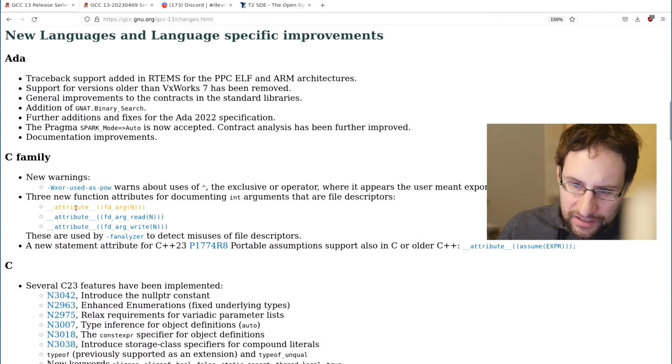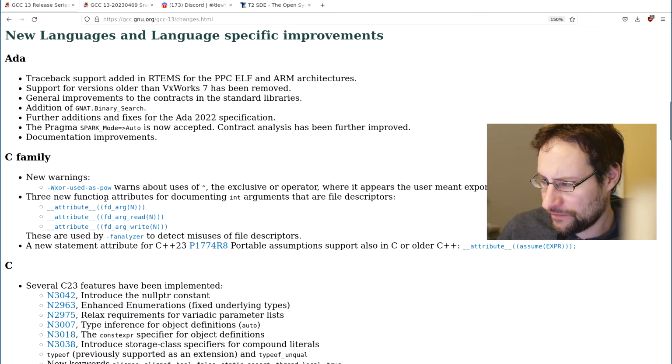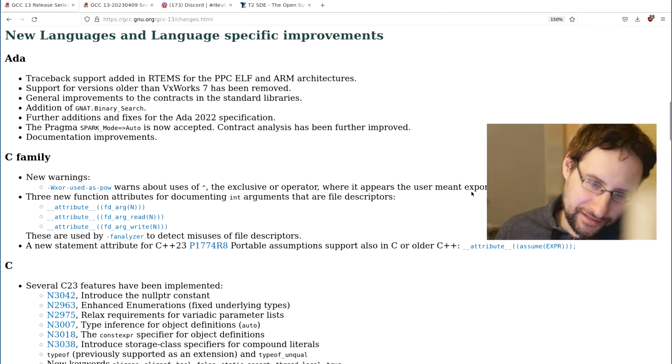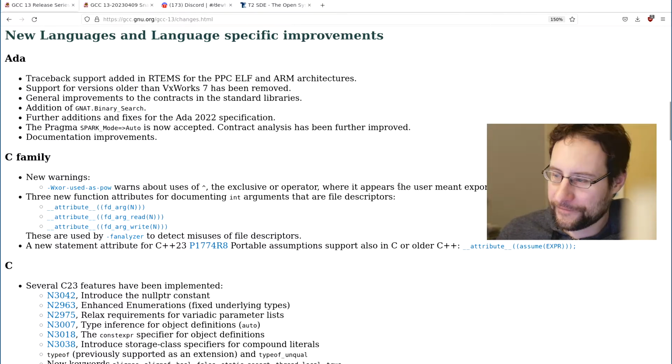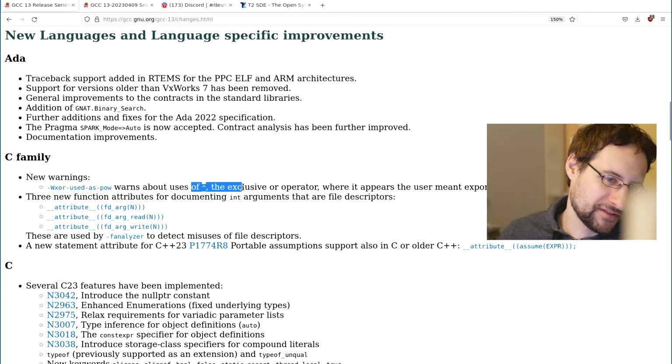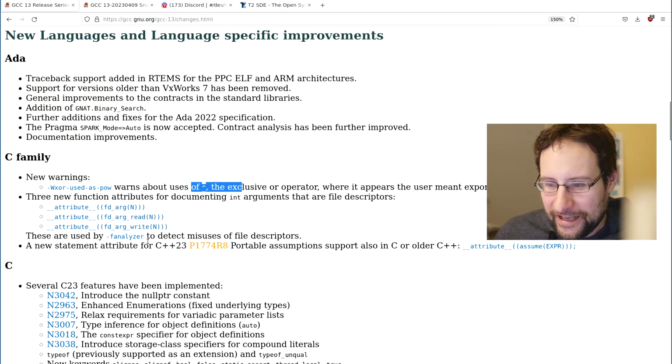New warnings. Wxor-used-as-pow warns about using the exclusive or operator when it appears to be also used meant as exponentiation. It's like, how can you make a compiler slower and stuff, for something like you probably should notice in testing if you ever test your code a single tiny bit. But anyway,